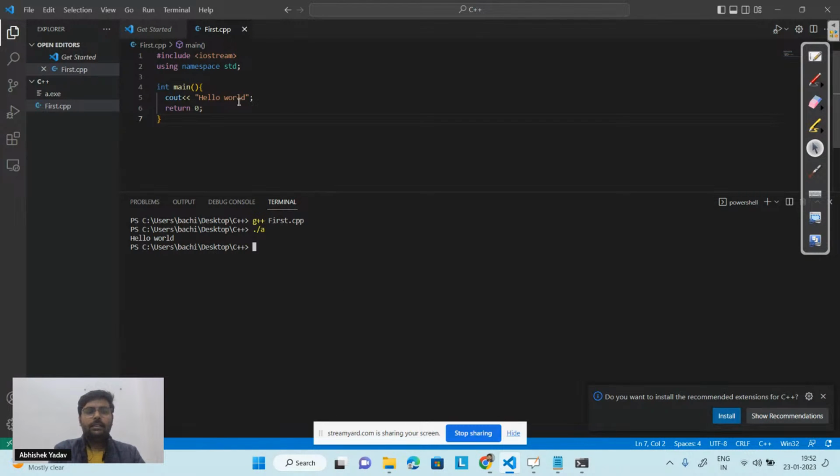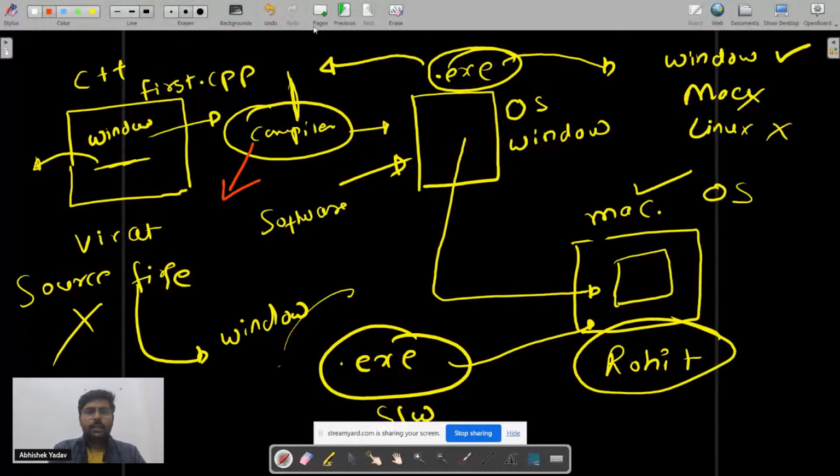Let's try to discuss this program here. So basically, let's see the chat first. I can see a question about how to mark the attendance. Okay, let's try to clear each and everything. What is cout, what is this less than symbol here, and what is this IOStream? So here let's write the program, that is hash include